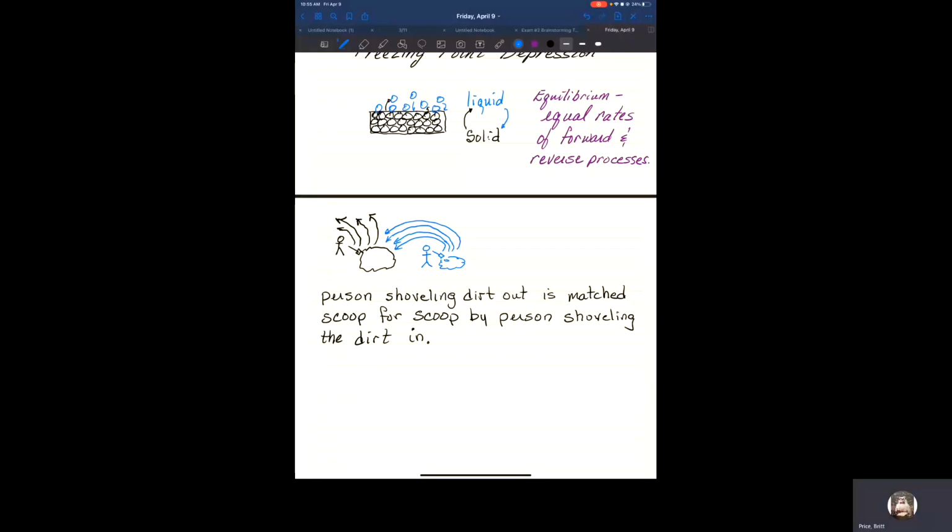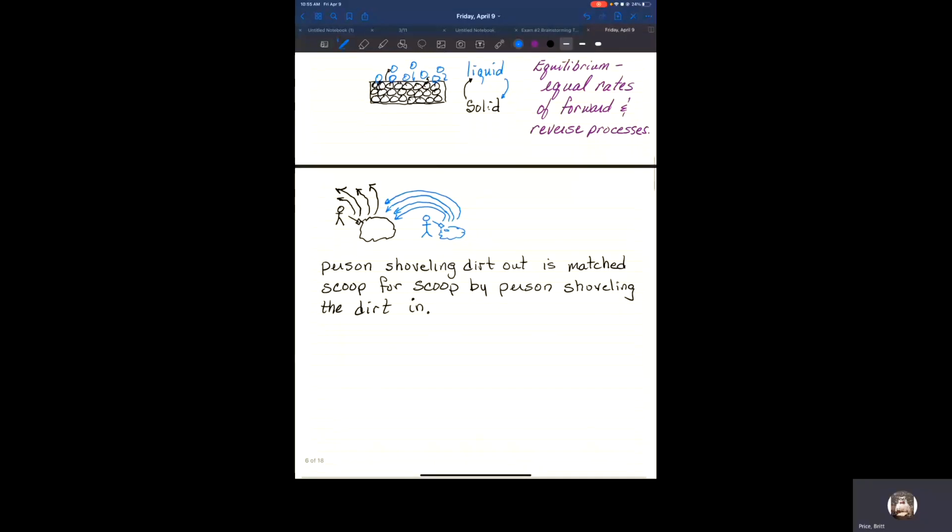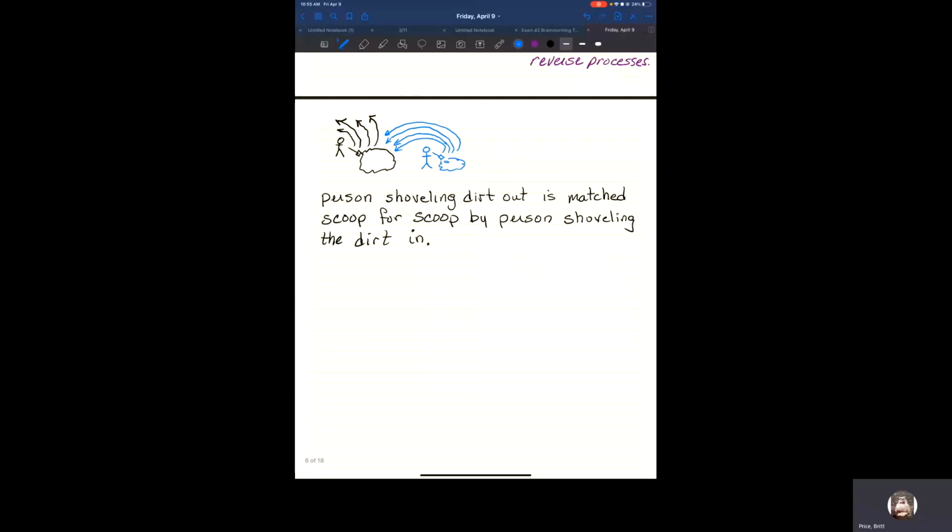How many scoops go in, how many scoops go out, depends upon how fresh the two workers are. All right. So it's early, it's cool temperatures, you've got a lot of energy, you're going to be moving some dirt, right? Now, what happens if, same idea,